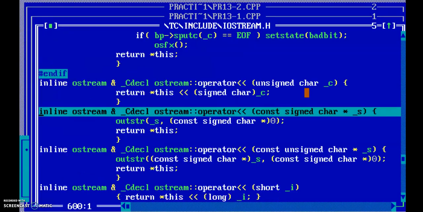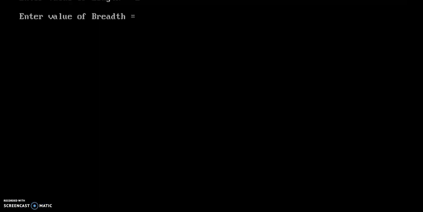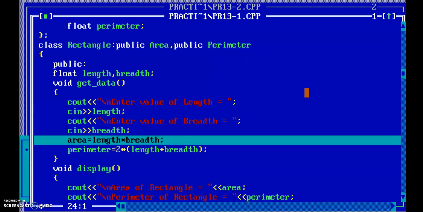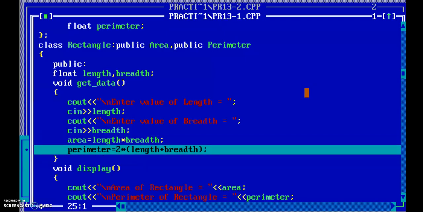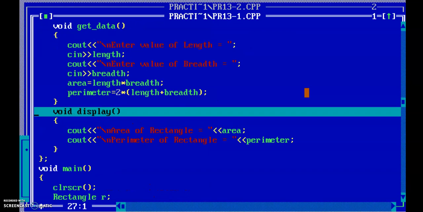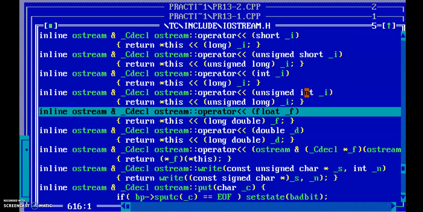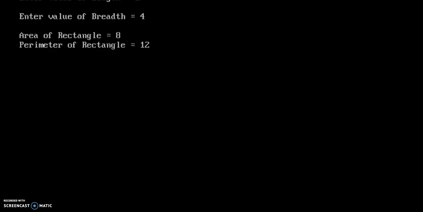Length 2, enter. Breadth 4, enter. F7. The area is calculated, the perimeter is calculated, then display the area and perimeter of the rectangle. Right. Area is 8, that is 4 into 2, and perimeter is 2 into 4 plus 2, that is 12. This is the example of multiple inheritance.